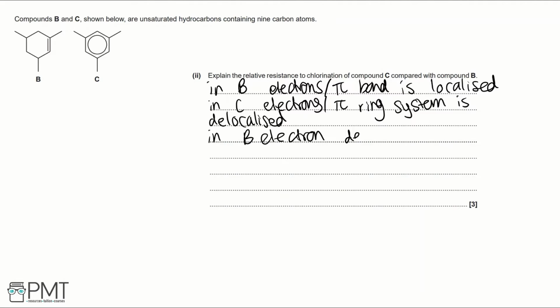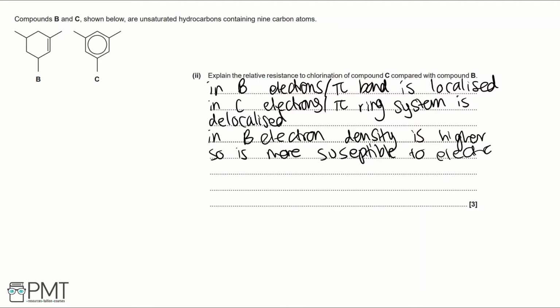And this is going to mean that B has a higher electron density. So the electrons are very densely packed in this double bond, whereas in the benzene ring, they are more spread out. The electron density is lower. With a higher electron density, that means you're more susceptible to electrophilic attack. So to get the 3 marks for this question,